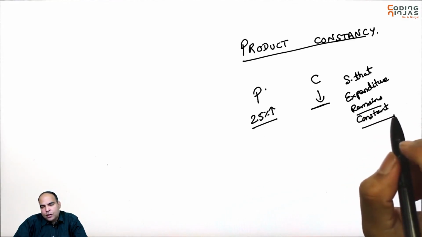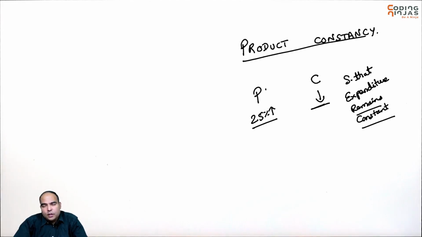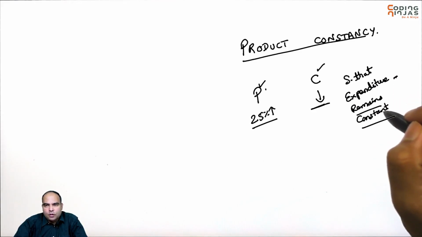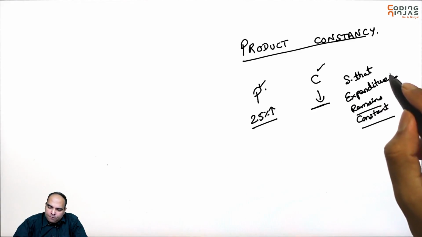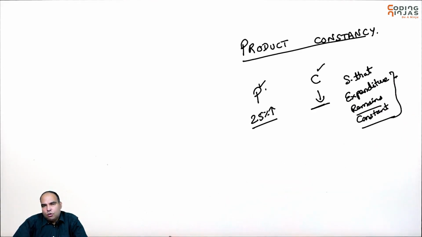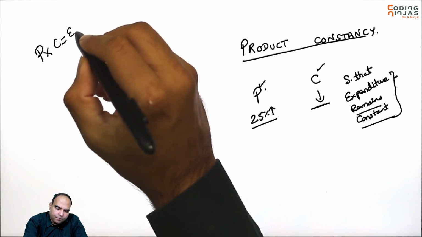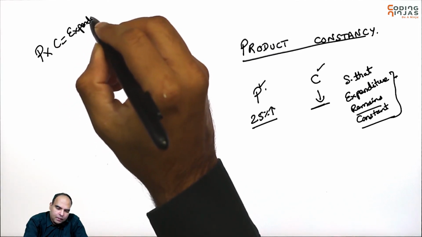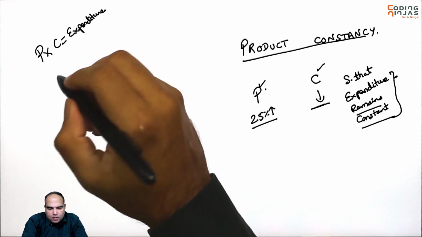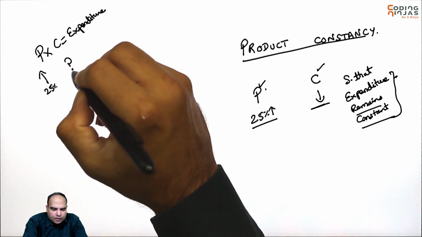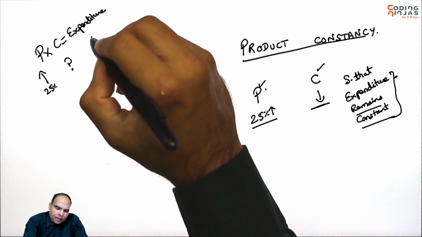Now this is a slightly different situation from what you saw in the product change situation. In the product change situation, the price change was given, the consumption change was given, and you were asked the percentage change in the expenditure. In this case, they are fixing the expenditure to remain constant. So the thinking in this question is that since price into consumption is equal to expenditure, and the price is going up by 25%, we do not know what's happening to consumption, but we do know that the expenditure has to be constant,